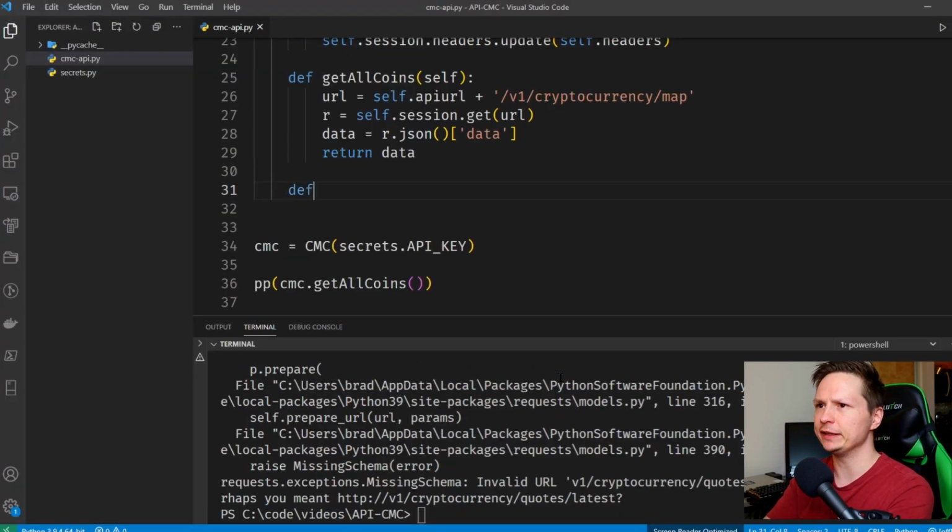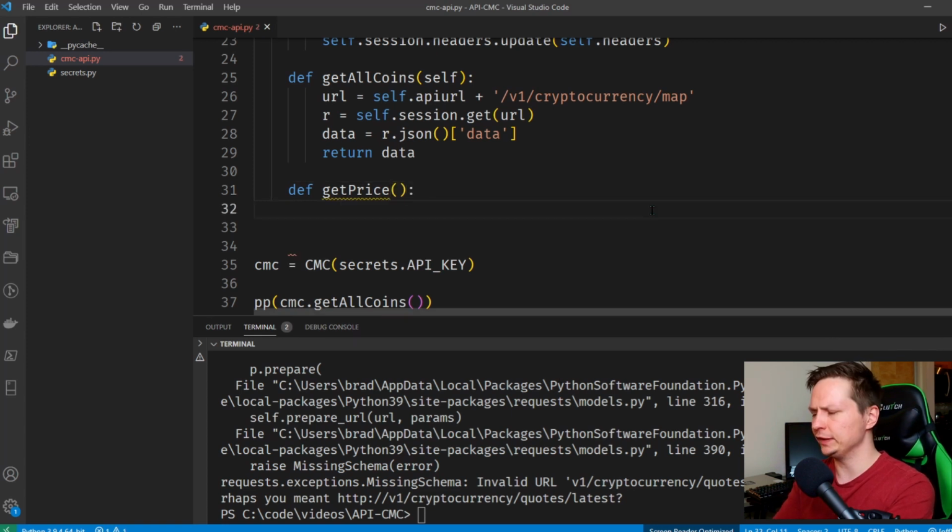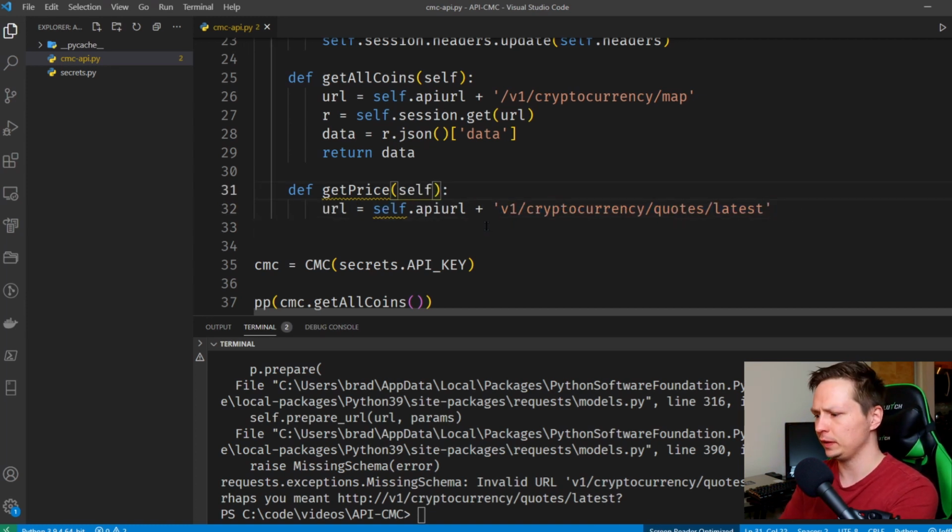Now, before we paste that in, let's get a function ready. So we'll call this one get price. And then let's paste in that URL. And then we're going to make it similar to this one up here. So we'll go URL equals self.api URL plus this endpoint. Now let's go up here and set self, and we actually want to add an additional parameter